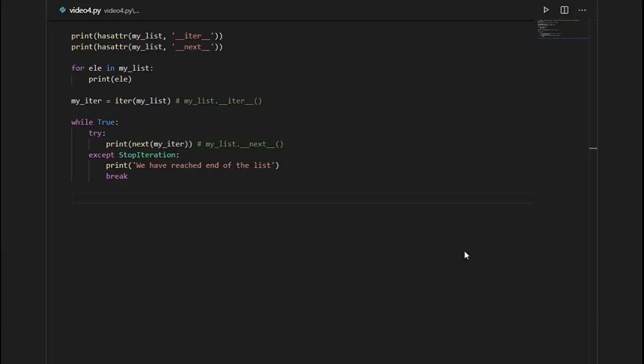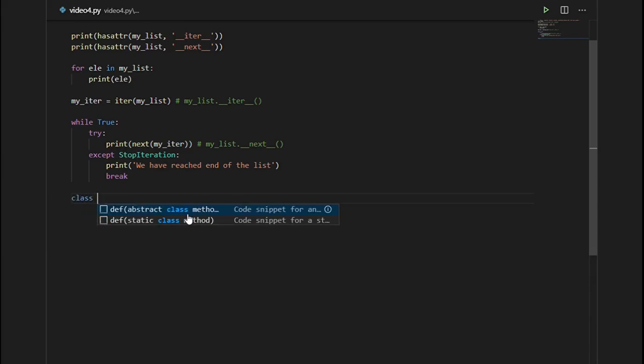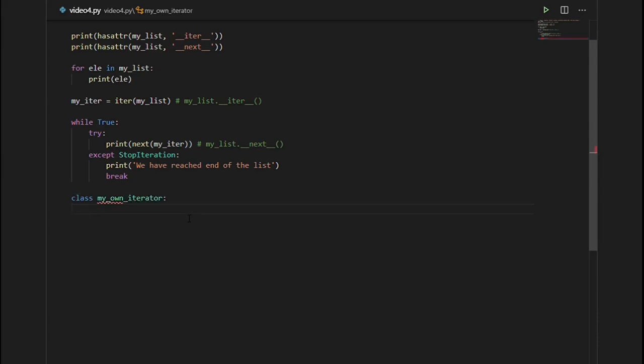Okay, so as I said, an iterator is an object and it has two properties, __iter__ and __next__. So that means we can write our own iterator also. So let's do this. First we'll write the blueprint, then we'll generate the object instance of the class. So my own iterator, then